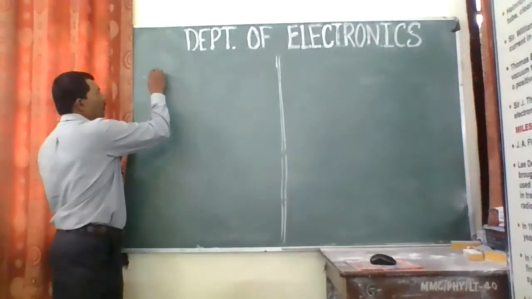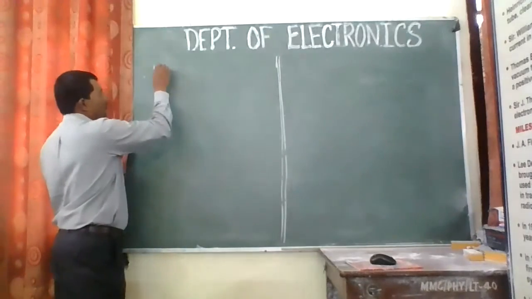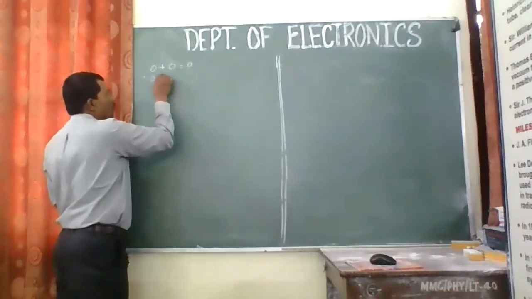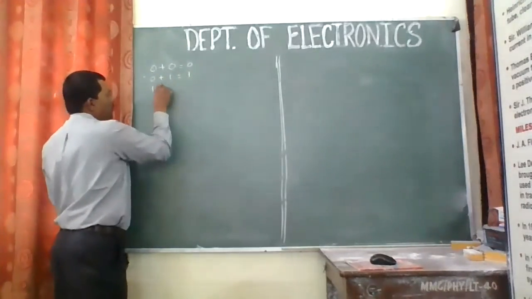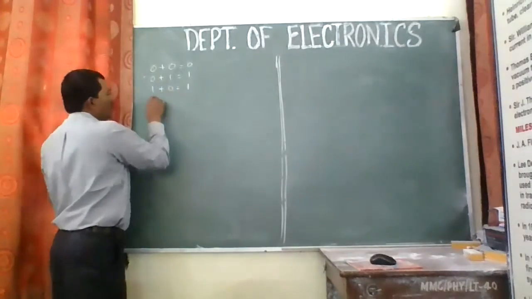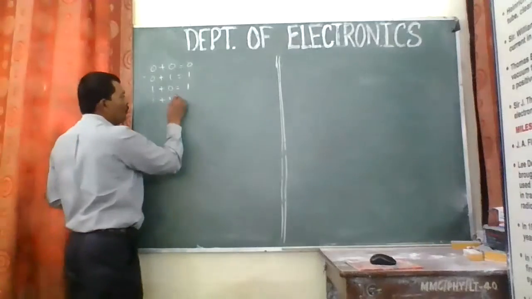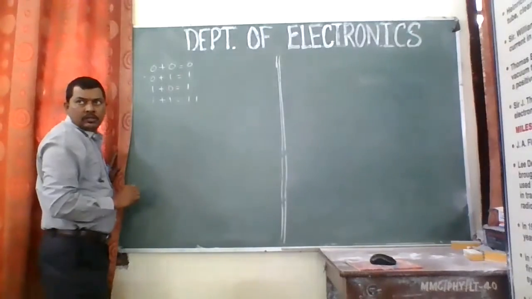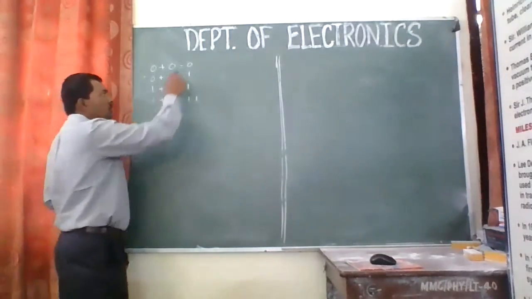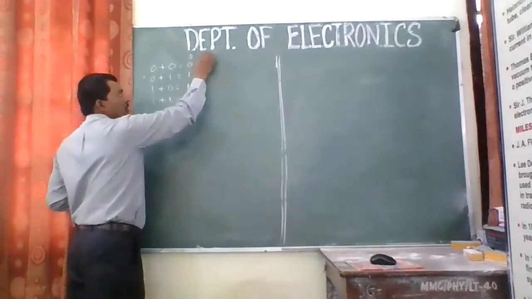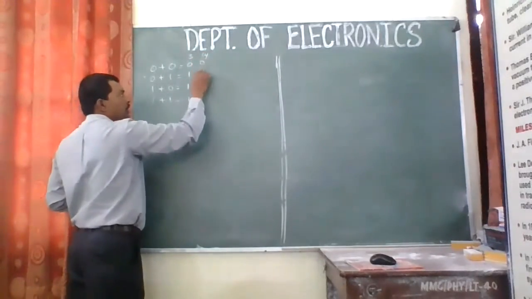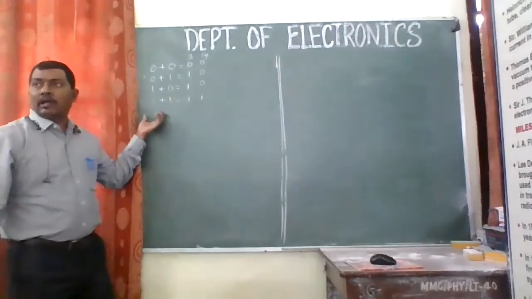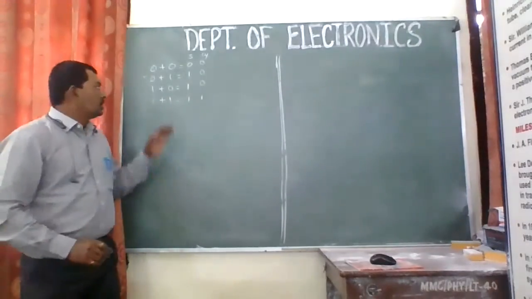If you remember some of the rules, 0 plus 0 was equal to 0, 0 plus 1 was equal to 1, 1 plus 0 was equal to 1, and 1 plus 1 will give you 0 with a carry 1. So we'll have two outputs, sum and carry. So we'll require two symbols, that is sum and carry. Carry will be 0 in this time, and it will be high only when both are 1. So this is the situation for sum and carry.